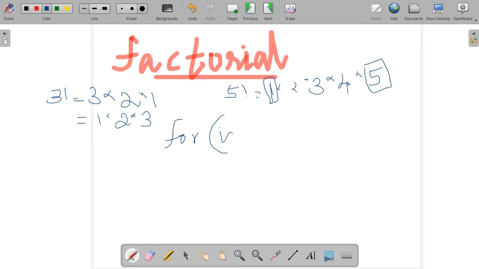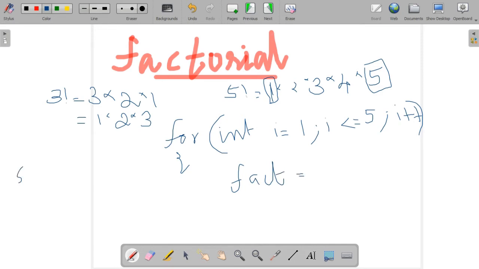So how will we write it? We can write that iterative concept in Java. Here I am declaring an i value, then i less than or equal to n, which is 5, i plus plus. I am writing it in a for loop, but you can write it in while or do while also. Then inside this we need to consider a factorial variable.